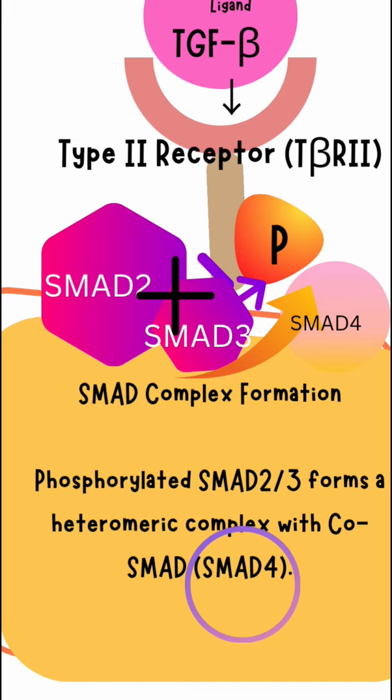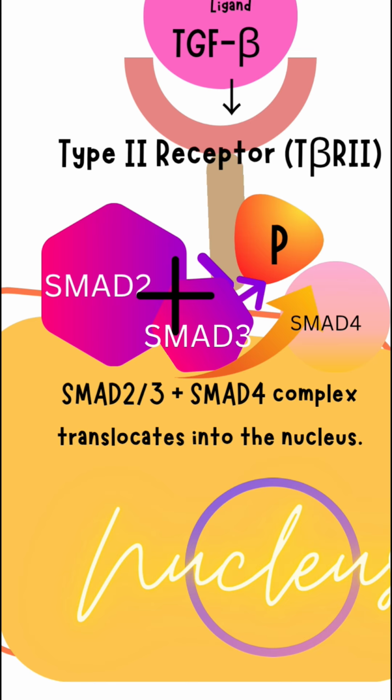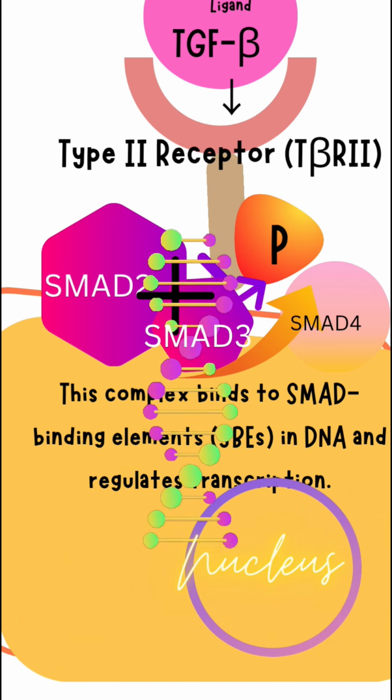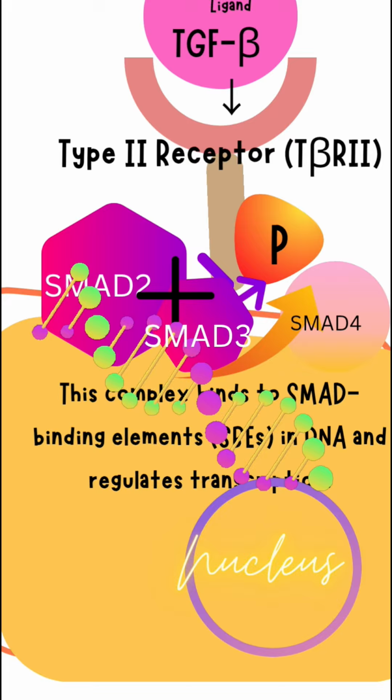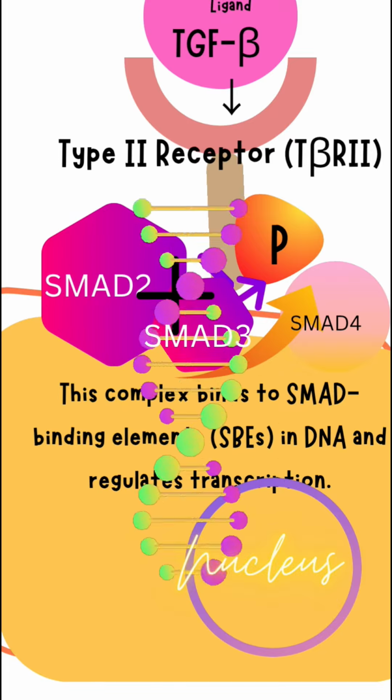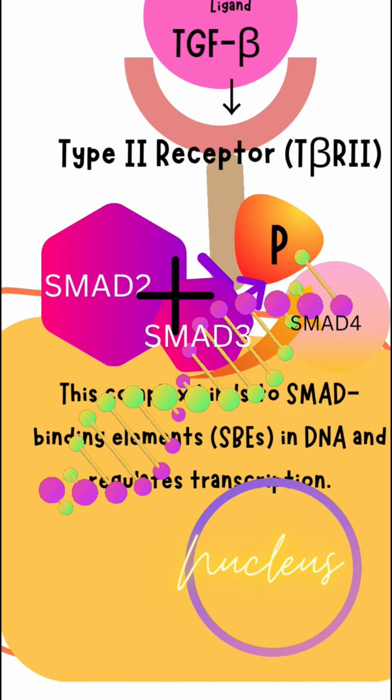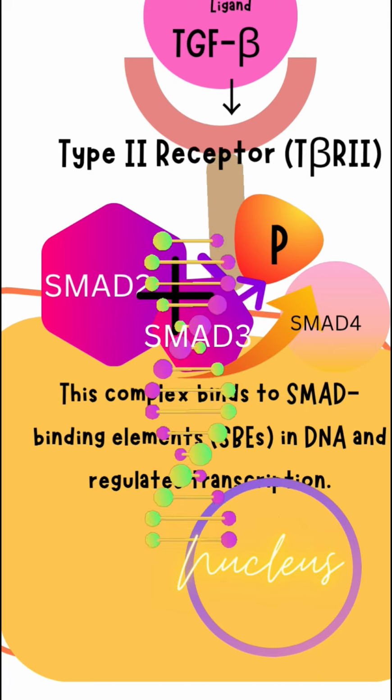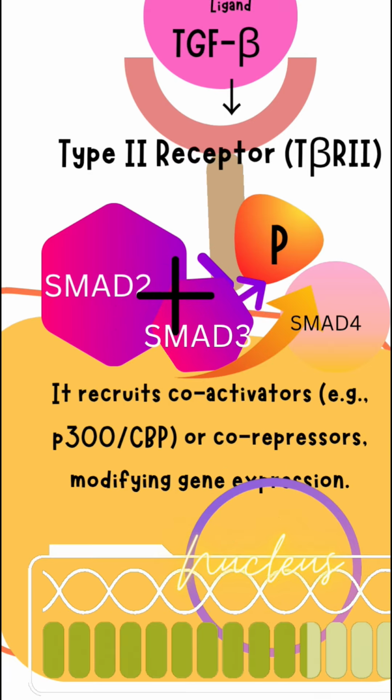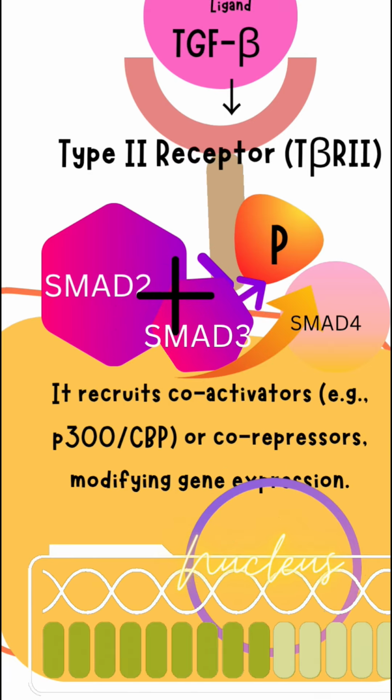The TGF beta type 1 receptor phosphorylates the receptor-regulated SMAD, R-SMAD, which includes SMAD2 and SMAD3. Then the complexes form: phosphorylated R-SMAD forms a complex with SMAD4, that is the co-SMAD. Then nuclear translocation is done. The SMAD complex enters the nucleus and binds to the DNA and interacts with the transcription factor to regulate